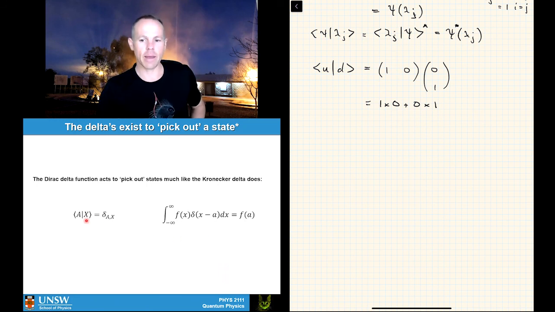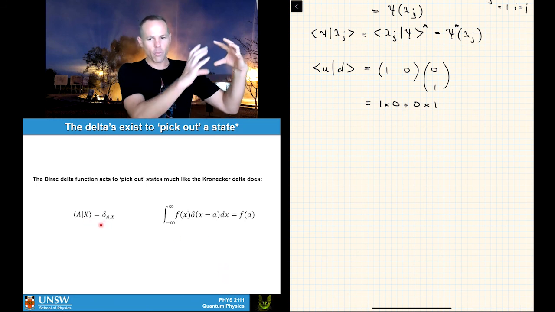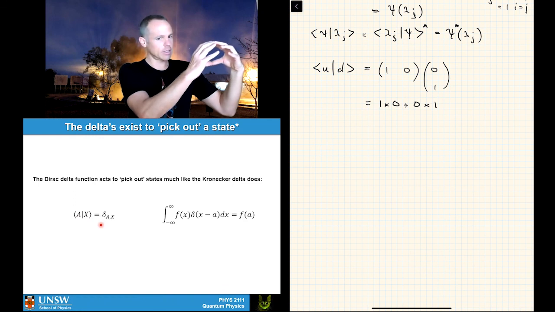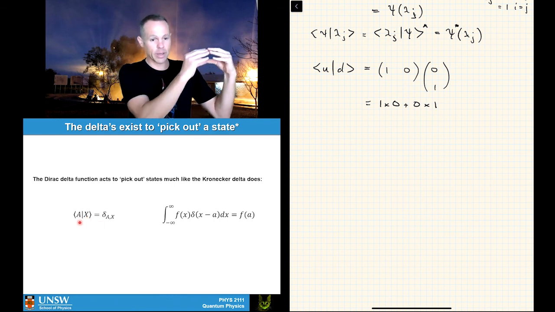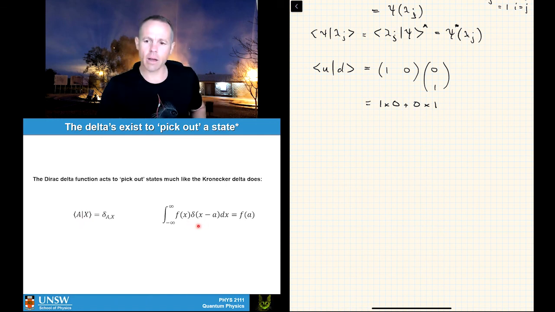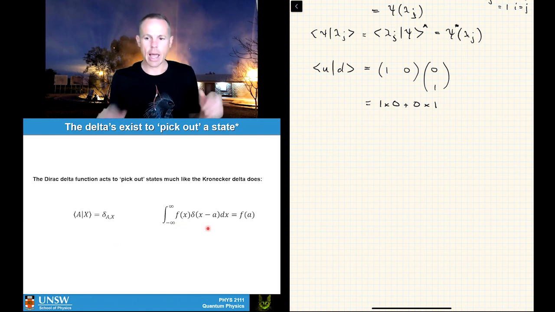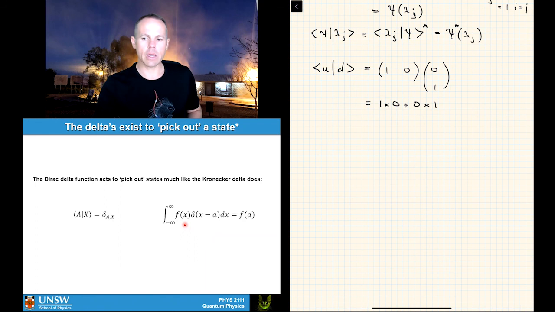And so if you think about our Kronecker delta, what it really does is give you a value of 0 unless this state here, x, is basically equal to the state a, right? What your Dirac delta function does from a functional perspective is if you take the product of f of x and a delta function x minus a, it will pick out the function at the point a, or the value of the function at point a. That is an advanced point, okay?